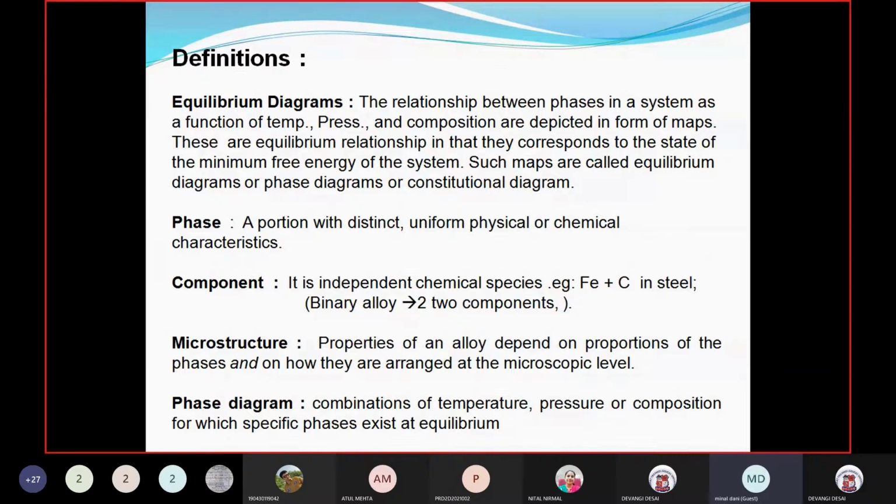If it is the aluminum magnesium system, the aluminum magnesium phase diagram, magnesium has a certain solubility in aluminum. If you add more and more, it is not possible that all that second element can dissolve and form certain phases. So each and every element has its own solubility, and according to that the alloys are developed. So in the next slide, madam, please.